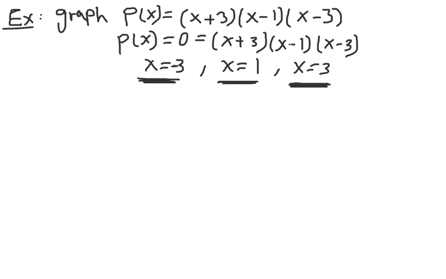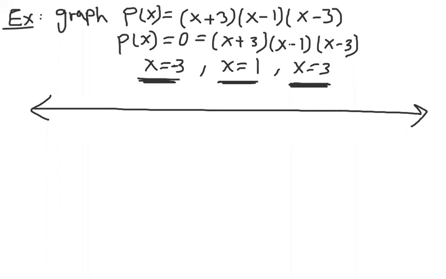This is the first step. Now, second step, we graph a line. We find the sign for between these zeros and in the left and right side of these zeros. So we draw a line like that. We put in this line the zeros number, it's 1,